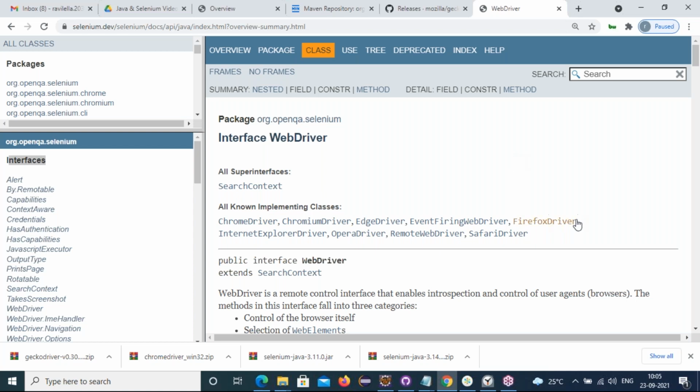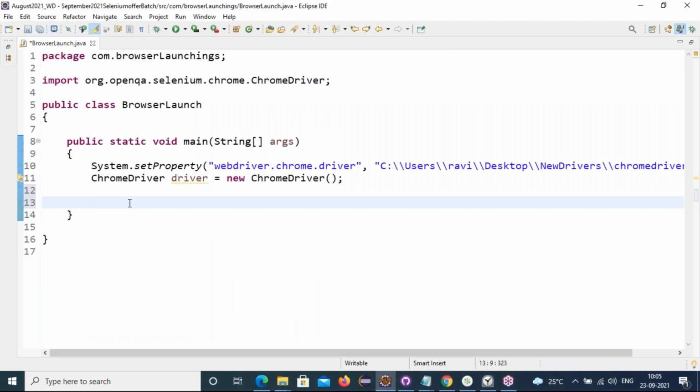These are the driver classes which our Selenium community has defined for the respective browsers. So before creating an object for the Firefox browser, we have to set up browser drivers.